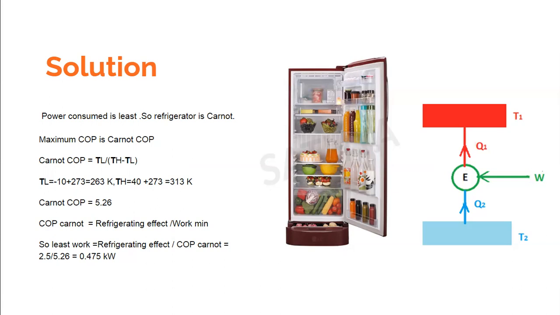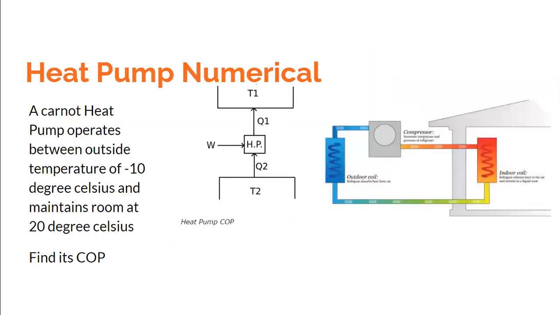One more variation of numerical can be asked in the examination, or even if you are not sitting for any examination, but if you just want to get your concepts right. A heat pump is similar to a refrigerator in the sense that we have already discussed in detail. A heat pump would pump the heat from a lower temperature to a higher temperature. If you are asked a numerical on a heat pump, this is the schematic of a heat pump, and suppose you are supposed to find the coefficient of performance of the heat pump.